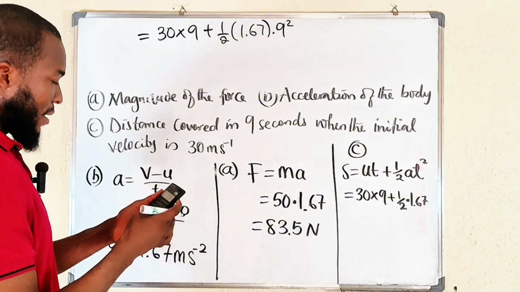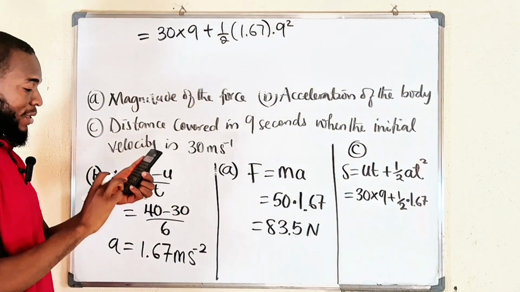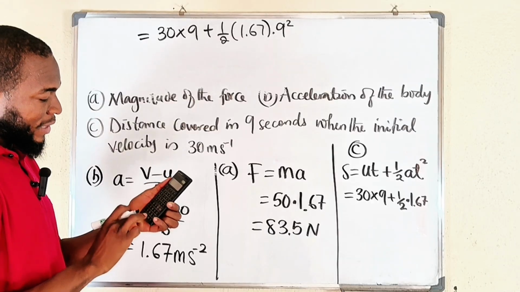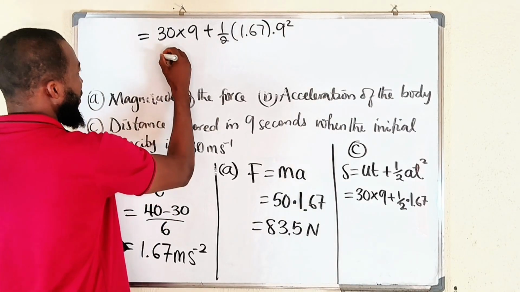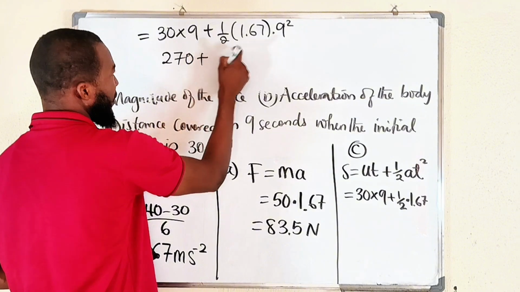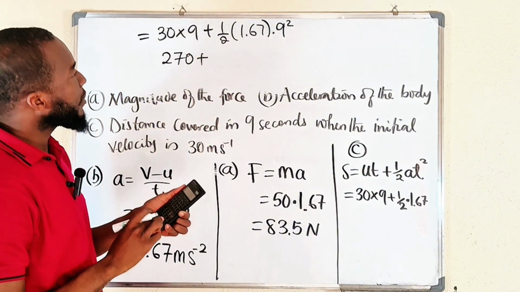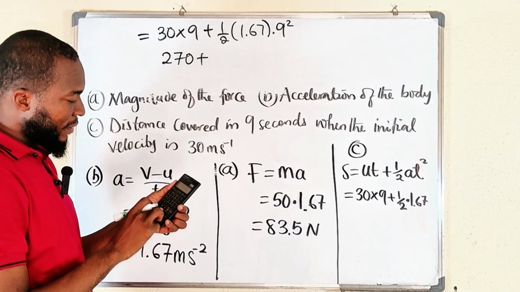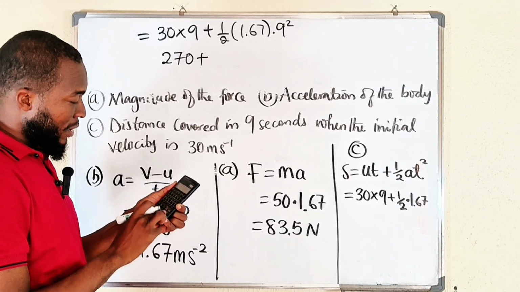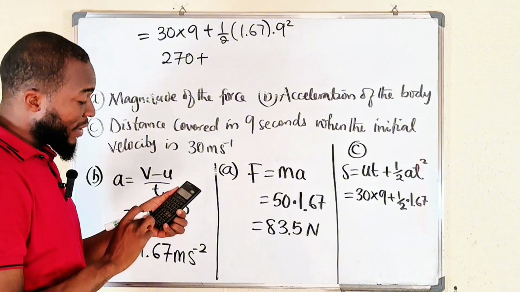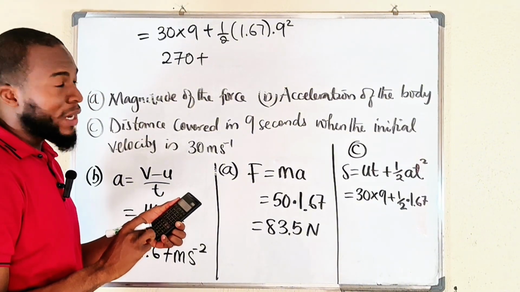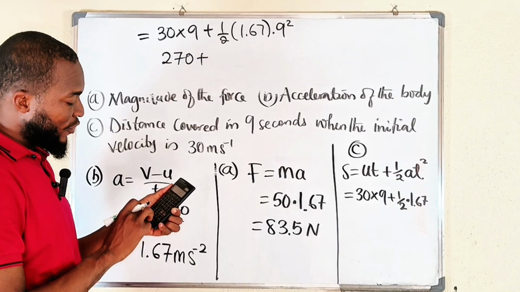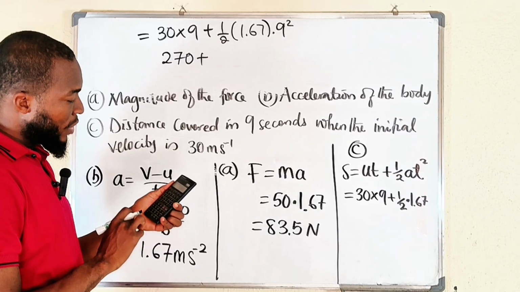So let me start from here. 30 multiplied by 9, we have 270 here. 270 plus 1.67 divided by 2. This is what we have. And we're going to multiply that by 9 squared, and 9 squared is 81. So times 81, we have